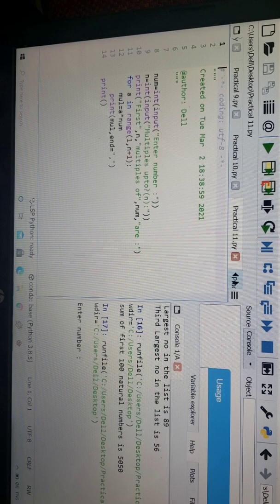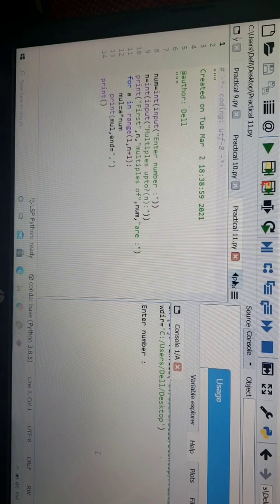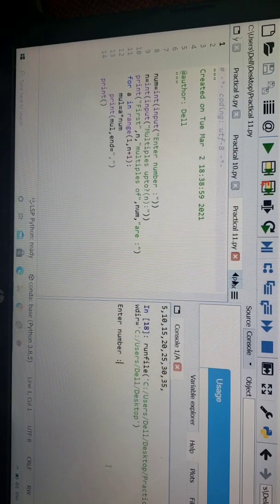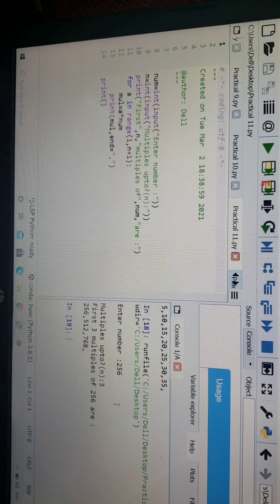So here you need to enter the number. Suppose you simply want a table of 5. Now till what do you want? 7. See. Okay. If you want any particular big number, that also can be done with the help of this program. You can have 2, 5, 6, then its multiples till 3. Right? This is how you can get the multiples of any particular number.